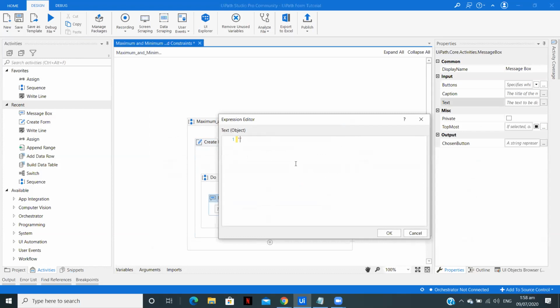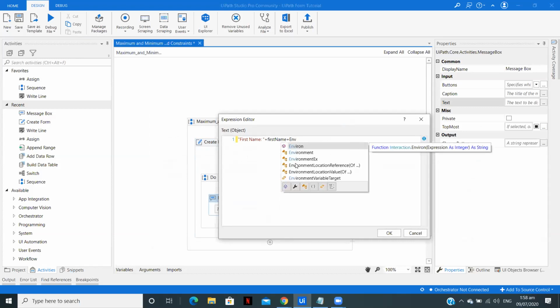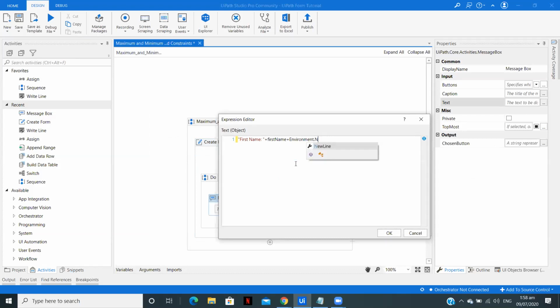So here I will write first name, colon space. Now I want to display the data in lines. So I will use environment dot new line plus.